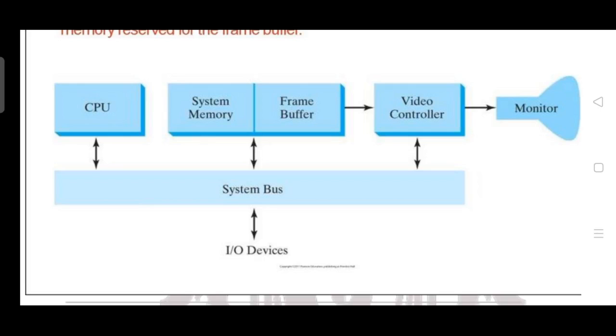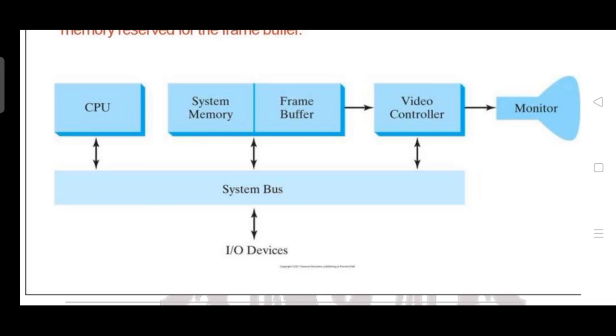This is called the computer graphics architecture, one of the important topics. I hope you are all familiar with the computer organization topics. Computer organization mainly contains the block diagram of the computer, which contains peripheral devices, IO devices on one side, then memory and processor on the other side. In the same way, we have the CPU on one side, and via the system bus they are all interconnected through a common channel.